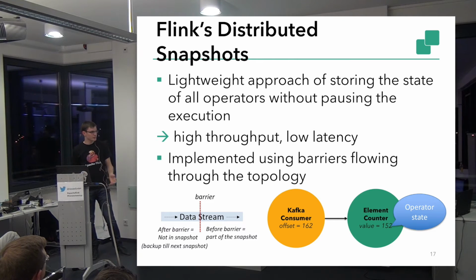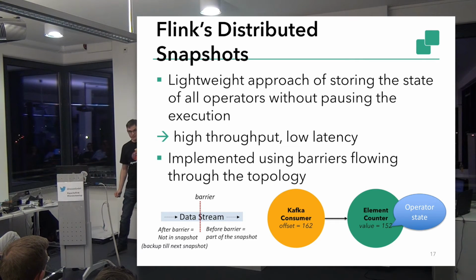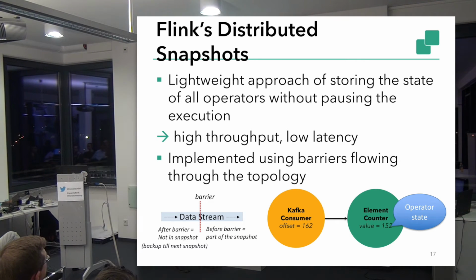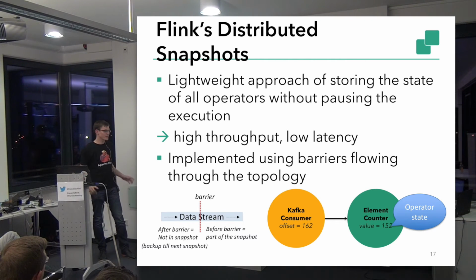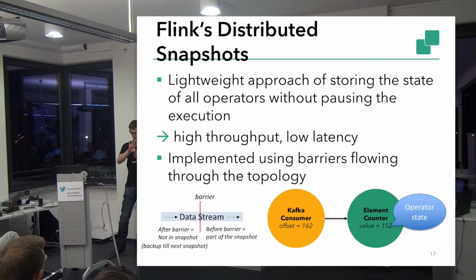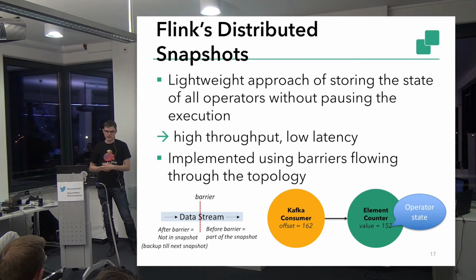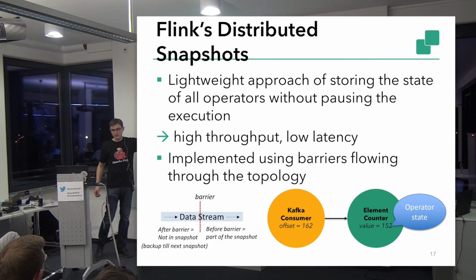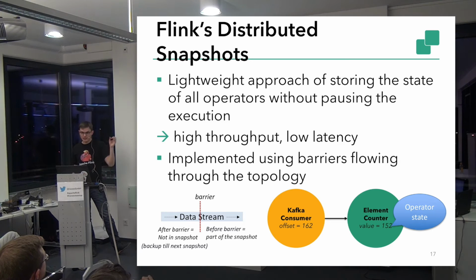And what Flink is able to do, it's able to do a complete snapshot of the state without stopping the topology. So we are basically taking small pictures as we move along the operators, and then we put the picture together again. And this way we have valid states that we can restore from in case of a failure. So if this element counter fails, or the machine that runs this element counter fails, we can just use the last valid state and put the state here and put the state here and then start consuming again. So this counter will always be correct. The counter will always be in sync with the elements in Kafka.